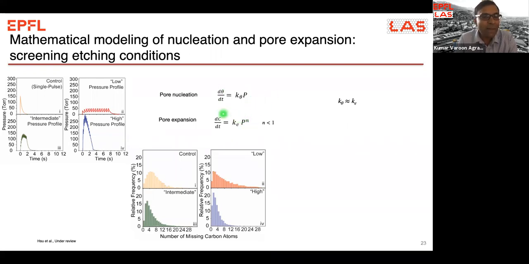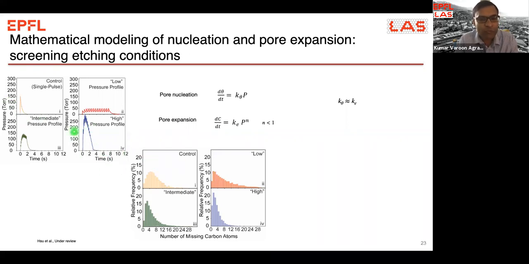So we said, maybe we can play with the pressure a bit to further fine-tune the etching conditions. And we came up with a very counterintuitive method by saying, let's go to a higher pressure and let's go to a higher time, right? So my student said, or I think I said to my student, that this will never work, right? Because this should give you much larger pores compared to when you have a single pulse. But this was not the case.